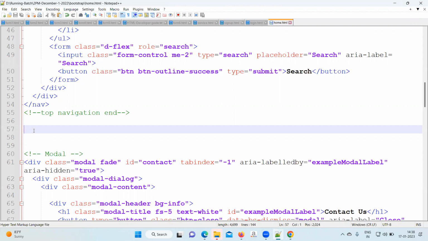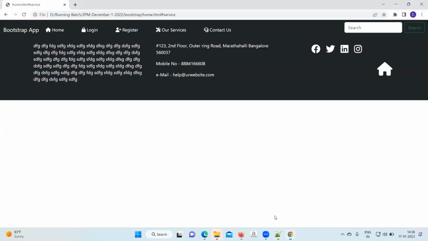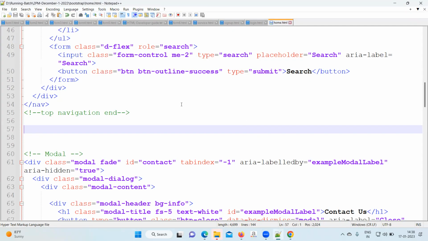Okay, so footer is ready. Footer copy paste done. In which file? Home file. And if you see, it's coming together one after the other, no space. Right. So in footer,